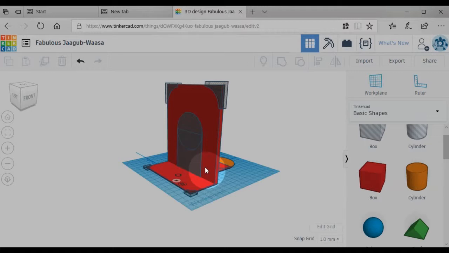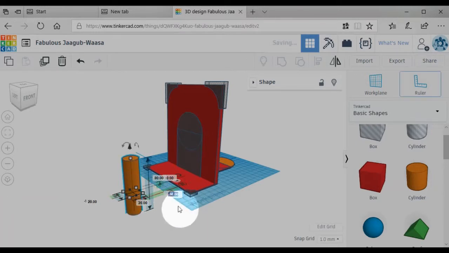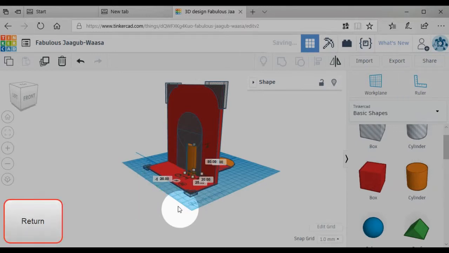Start with the cylinder and size the x-axis to 20 mm across, the y-axis to 20 mm deep, and the z-axis to 80 mm tall. Place it on the x-axis 25 mm to the right, on the y-axis 45 mm back, and on the z-axis